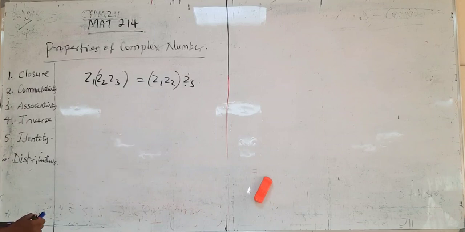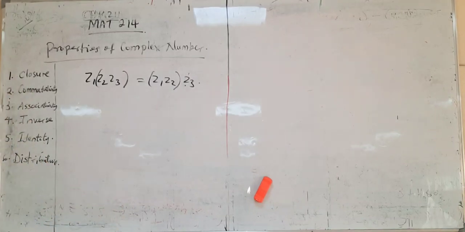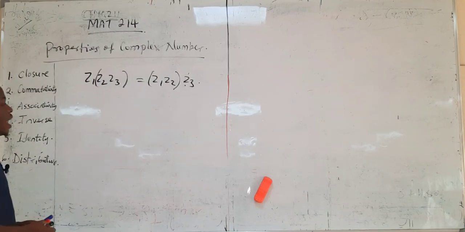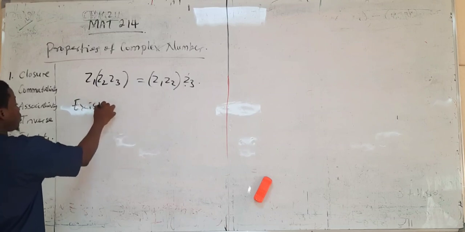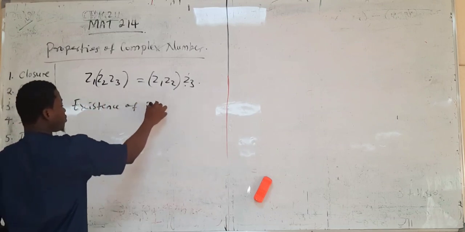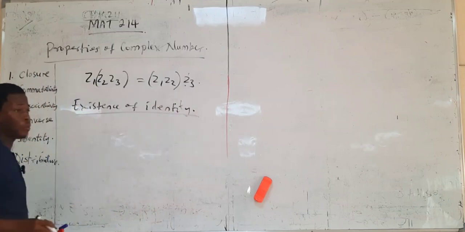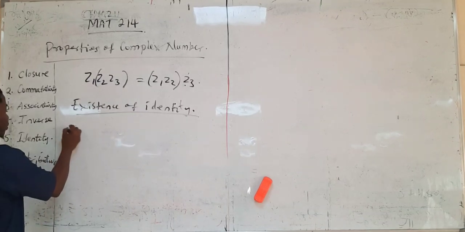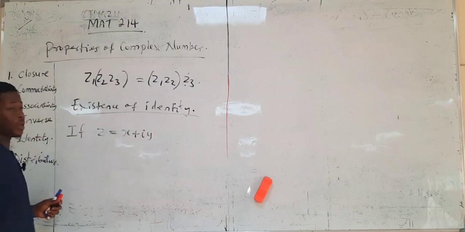This is known as complex number under associativity. Now, we talked about the existence of identity. First we talk about the additive identity. So we said that if z is equal to x plus iy,